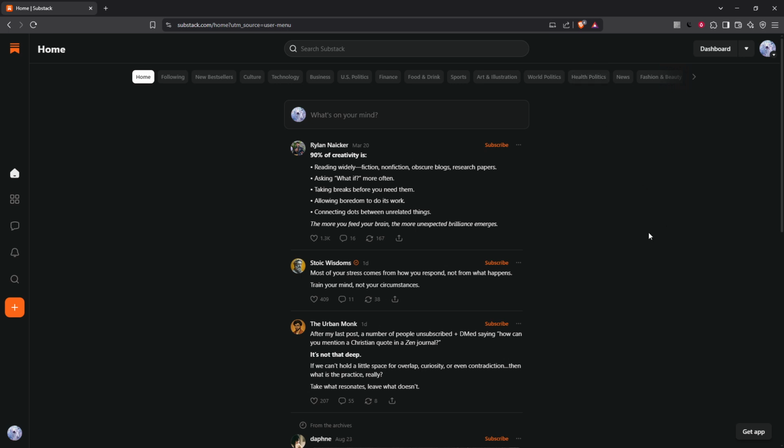Once you're logged in, your next stop is the dashboard. This is essentially your command center on Substack, where you can manage your posts, newsletters, and more. Finding your dashboard is straightforward. Right after logging in, you should be automatically directed there, but if not, look for the dashboard option typically found